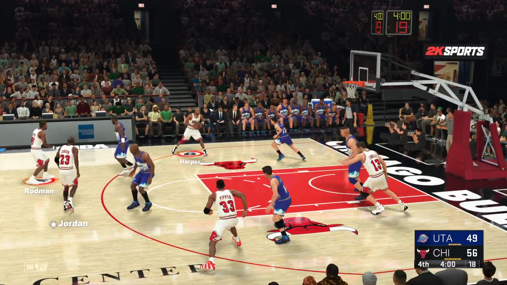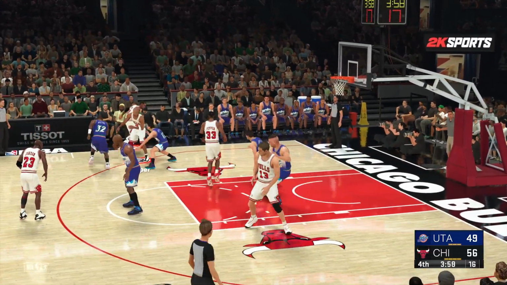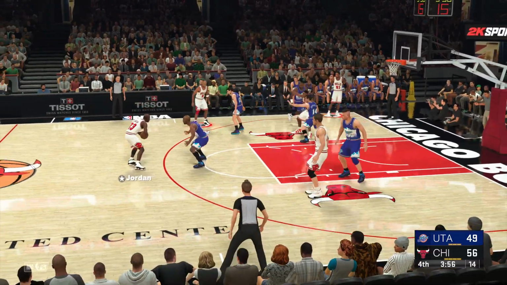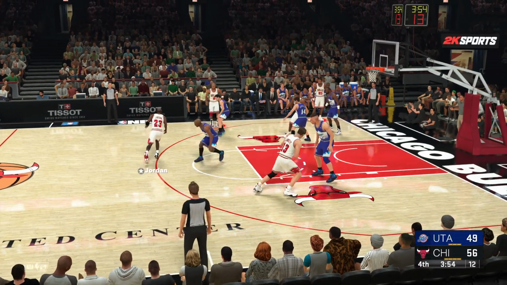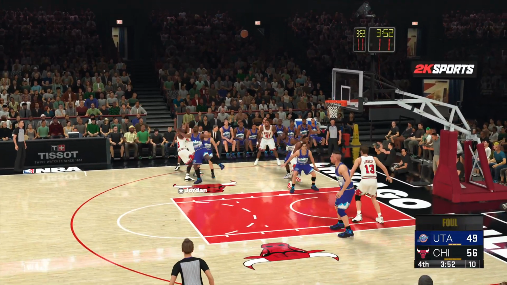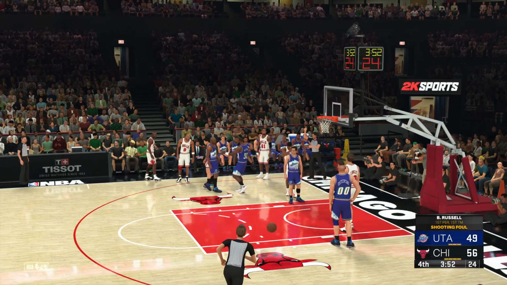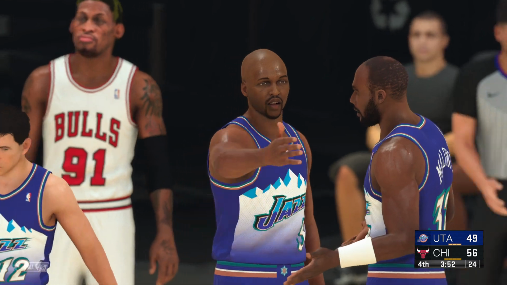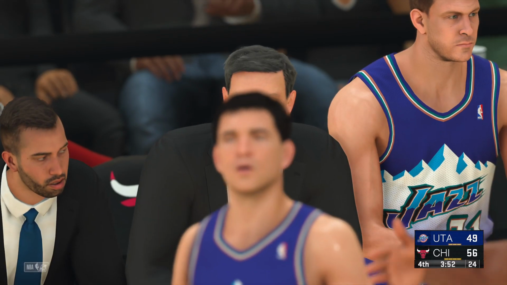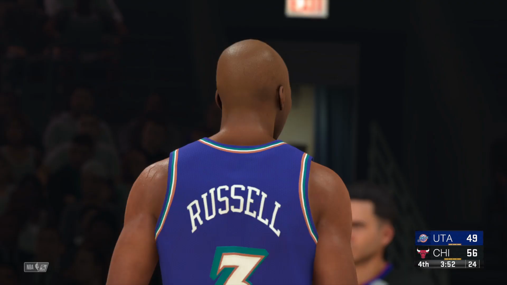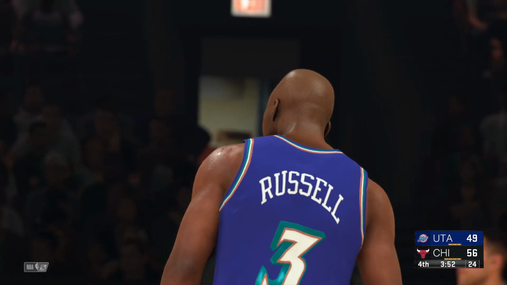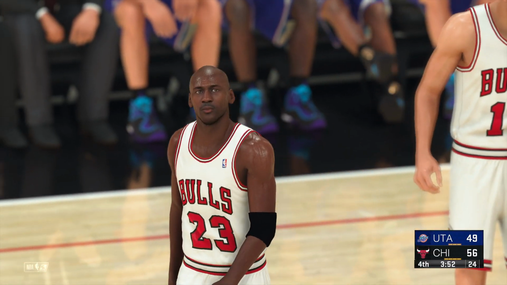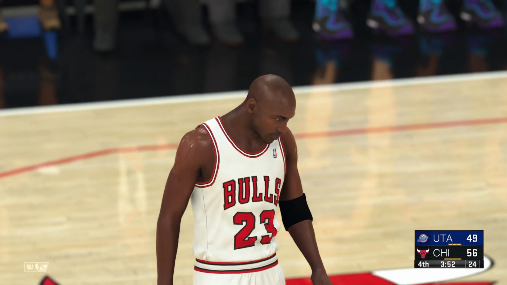Jordan passes to Rodman. Harper kicks to Jordan. Shot on the way. And that'll be 2 free throws coming up. Officials on the call with the foul. And the defining trait of the greatest of superstars, Jordan makes the players around him better mentally, in terms of effort, and in terms of their performance.